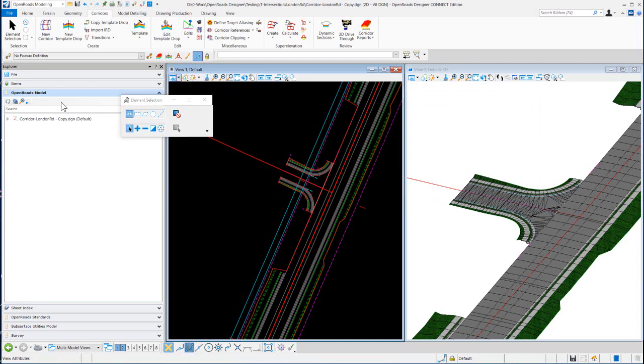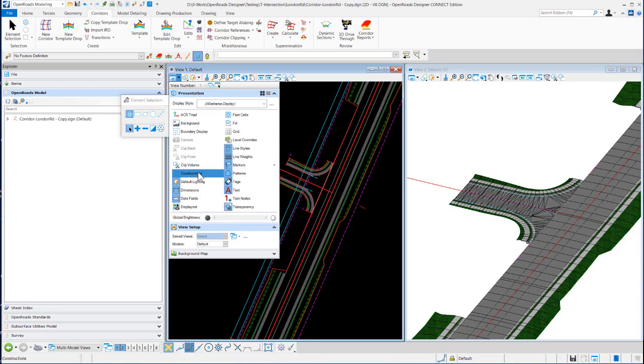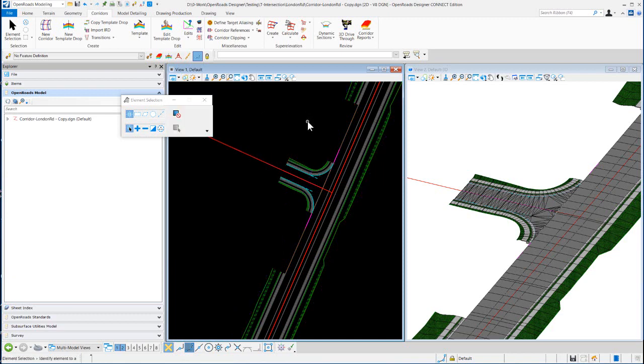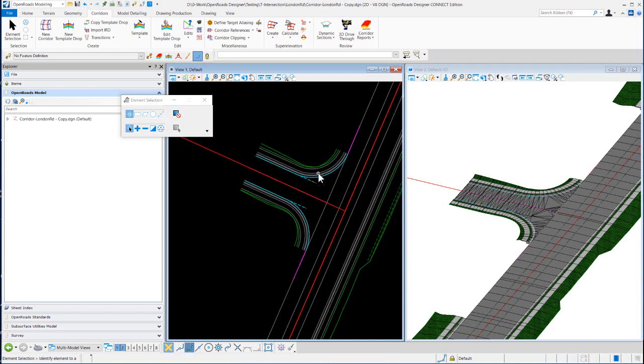Alright, then I'm going to turn off construction class elements. And then we're going to look at some edits here. Okay, so one of the things I'm fixing to do is select that right edge over here, and I want to change this to like an 85-foot radius. So if I do that, I can tell before I actually make that change,